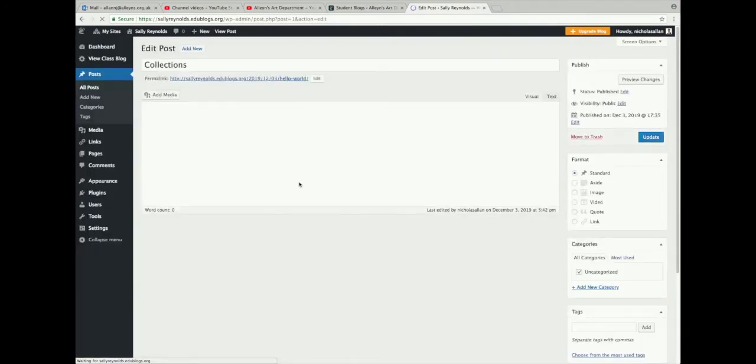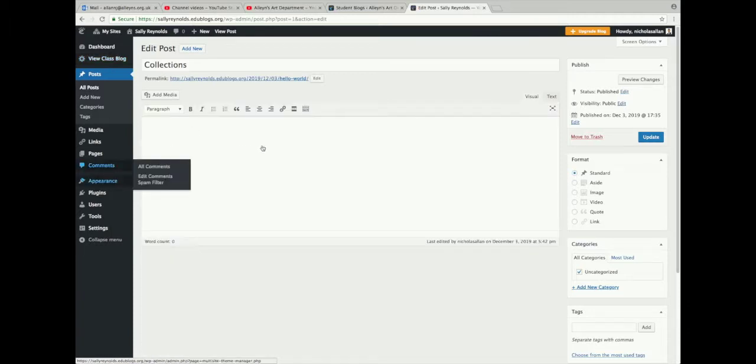Now when you click on edit, it shows you a different format in the sense that you have a dashboard and you have this area here. This area here is where you can type. So I can type my pictures. Now if I want to add pictures, the way to do it is like this. You click on add media,